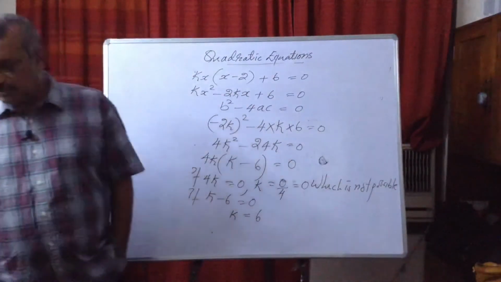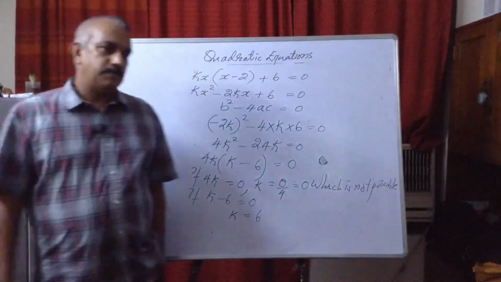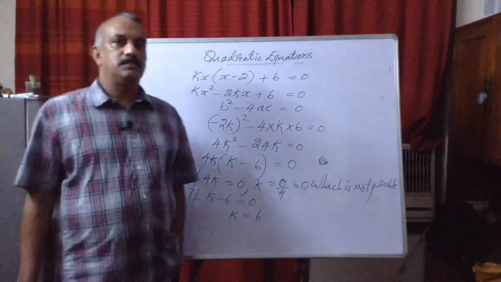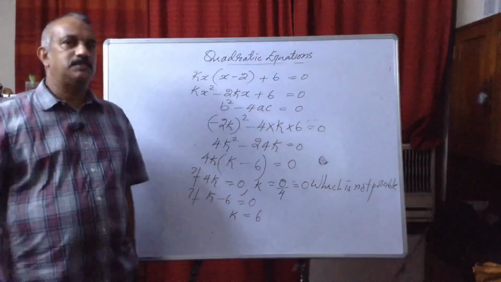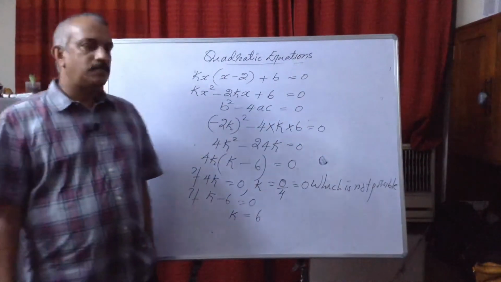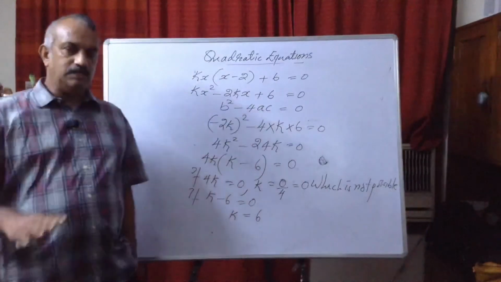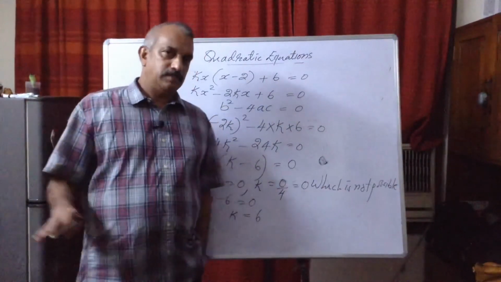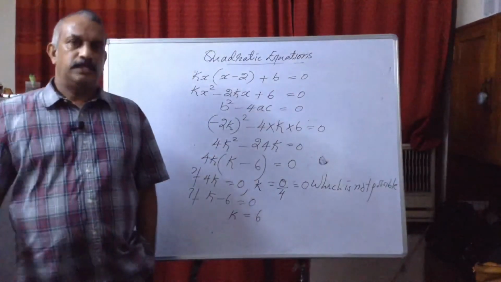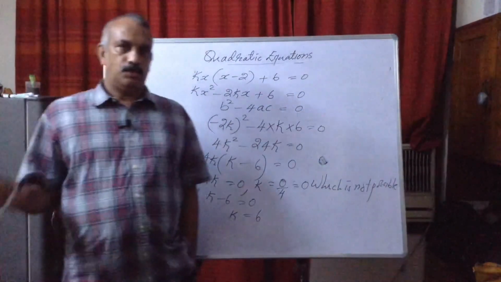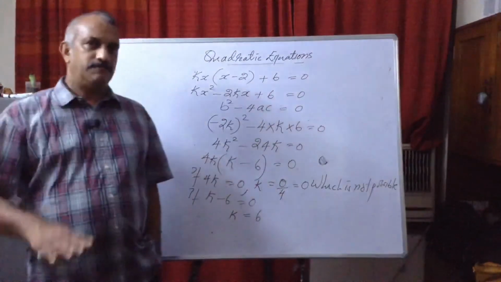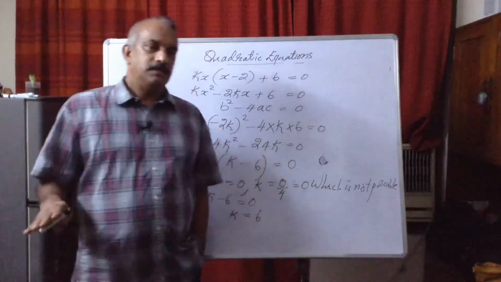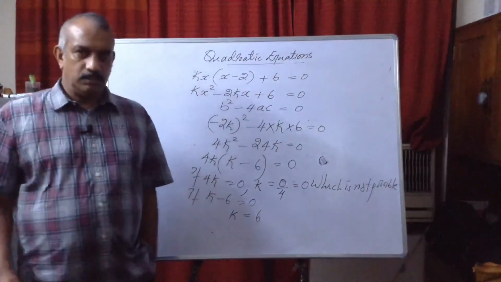See, the chapter is over. Very simple chapter. Even in the syllabus it is written that 2-3 periods are needed to complete this chapter. That means much less time and weightage is given to this chapter. I'll tell you quickly once again for revision. Quadratic equations are equations with degree 2. Quadratic equations can be solved by 3 different methods. First one is factorization. Second one is completing the squares, which is not in the course.